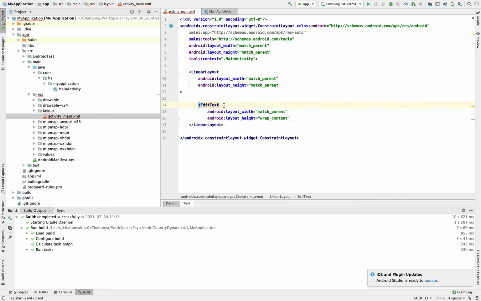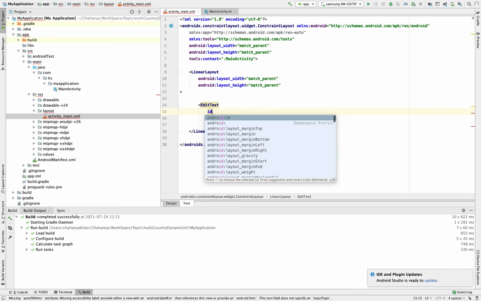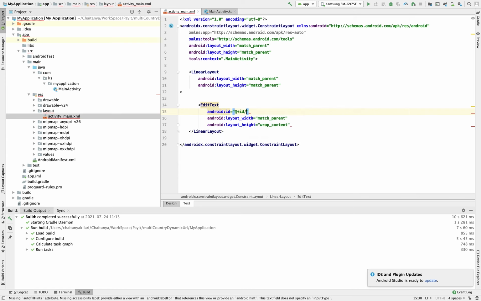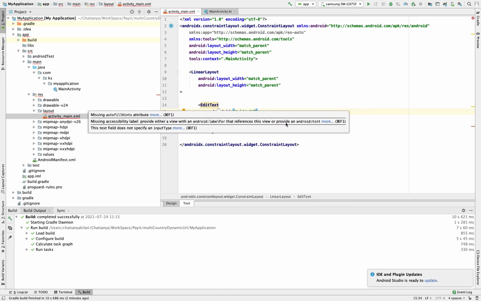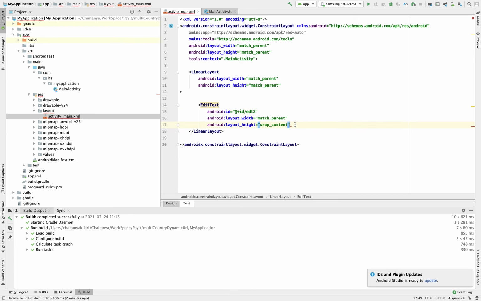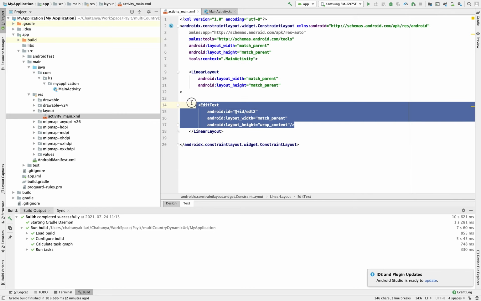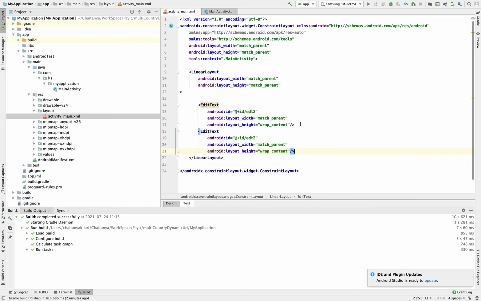For this id I am taking id equal to plus id edt1, edit text value 1. Okay, next I am taking one more edit text, to enter the second value. Now edt2, this one is edt1 and this one is edt2.